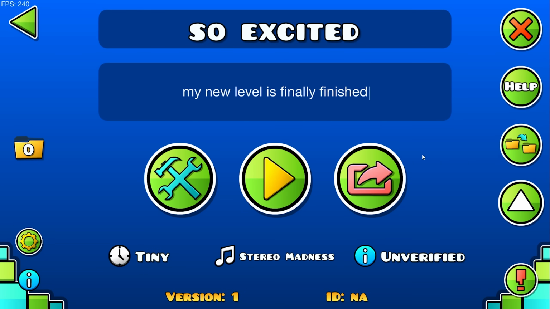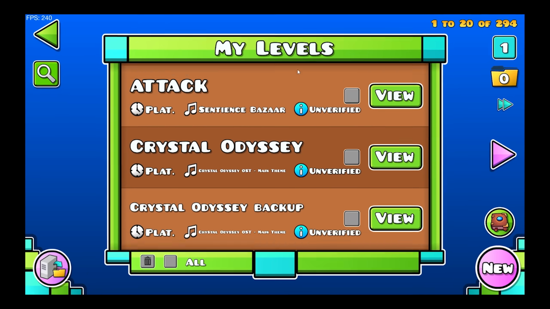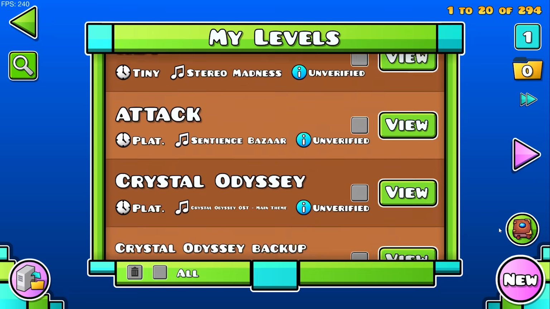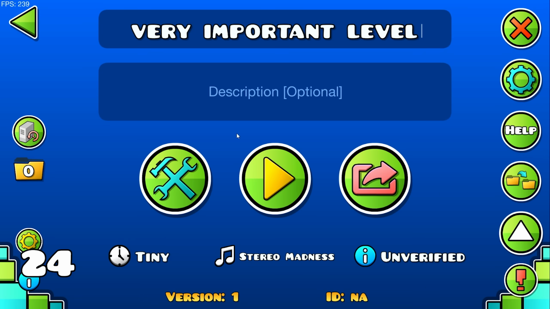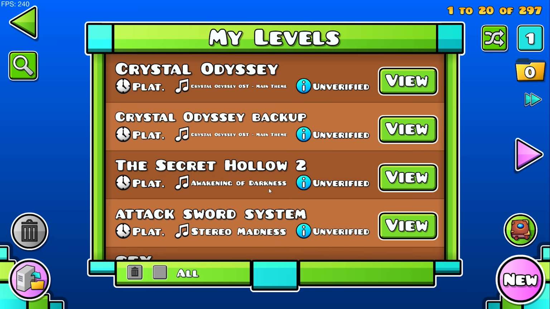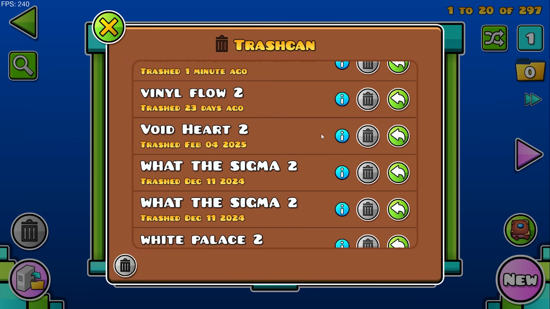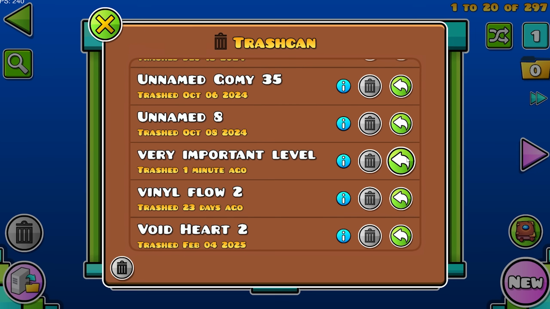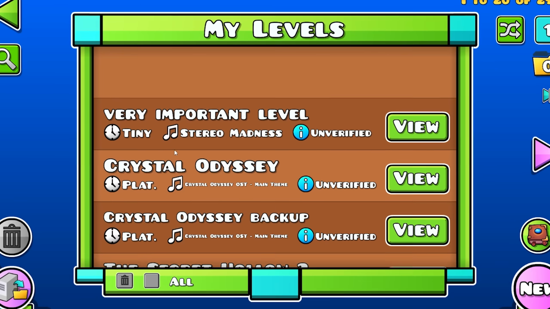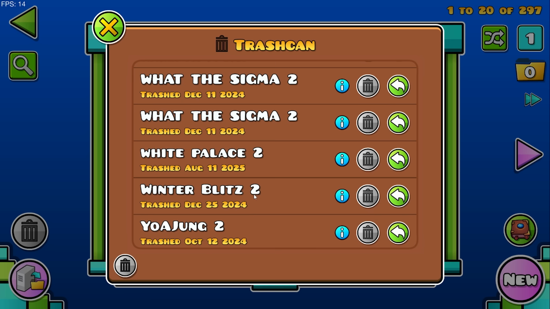But worse than losing progress is losing the entire level, hence why I also use VOD's trash can mod, which sends deleted levels to a trash bin rather than deleting them forever. So if you accidentally delete a level, no problem, you can just recover it from the trash can. And if you want to permanently delete a level, you can just go to the bin and then delete it